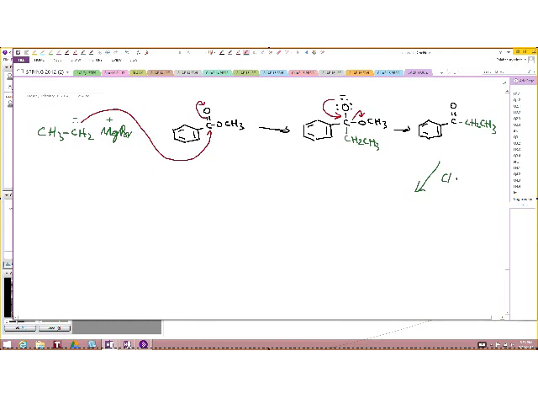So another mole of Grignard will come and attack the carbonyl of a ketone this time, and then we get this intermediate, and this here. Okay. Now, once we form this,